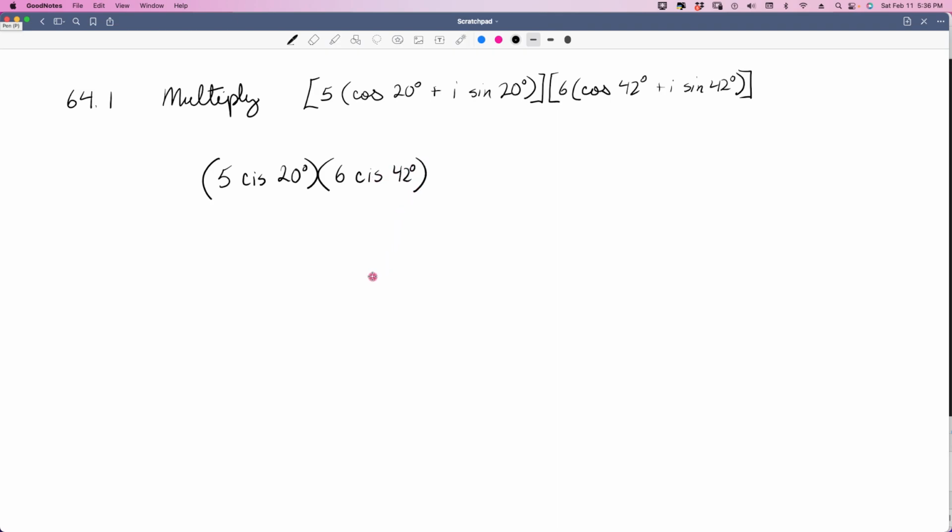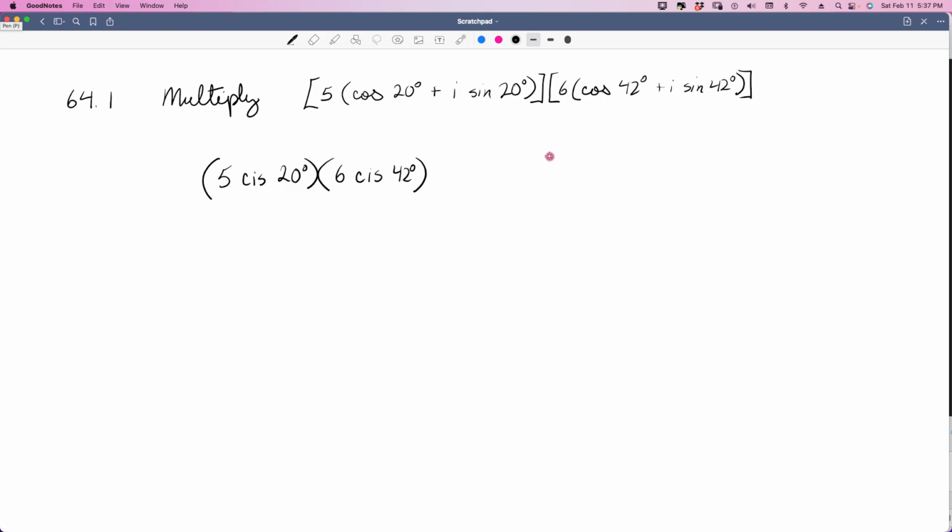Now, I want you to relate this back to what we learned in pre-algebra and algebra 1 with scientific notation. It is treated very similarly to that. We are going to treat CIS as if it were R times 10, right? We're going to multiply these first two numbers. We're going to just rewrite CIS, and then we're going to add our degrees of measure as if they were